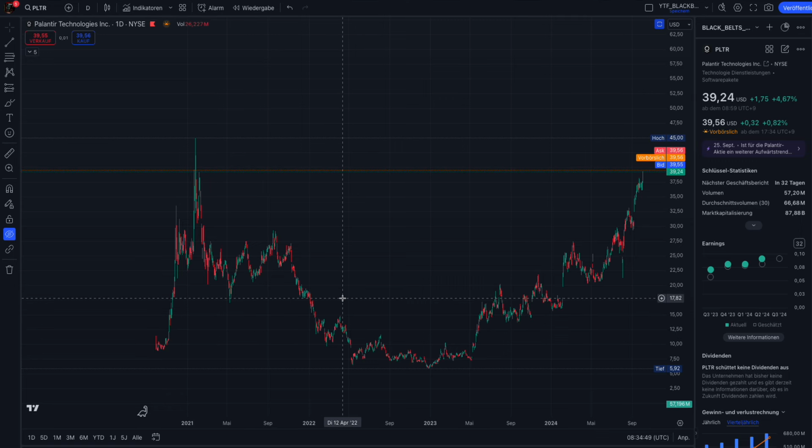So guys, update on Palantir, ticker PLTR. Yeah, we have here a very strong and nice uptrend, and Palantir is claiming several price levels which I already showed in my previous videos. I will give you now an update based on the chart, show you the next price levels to the